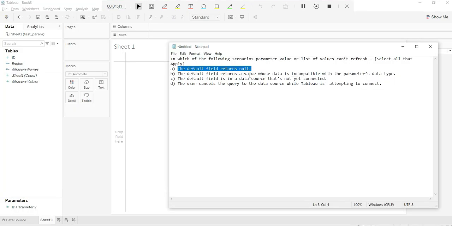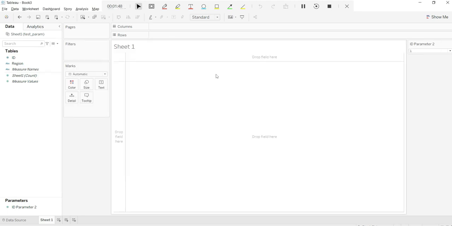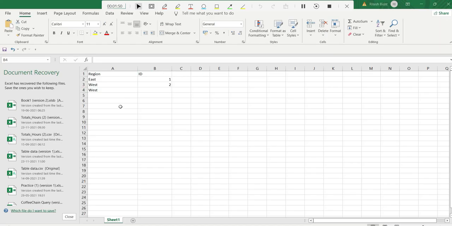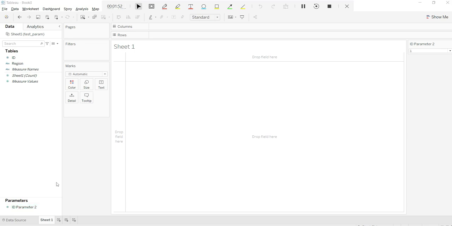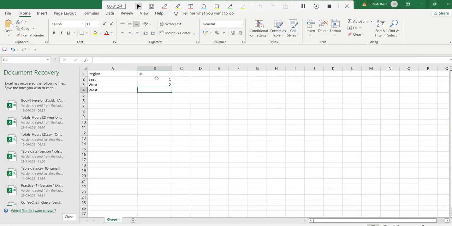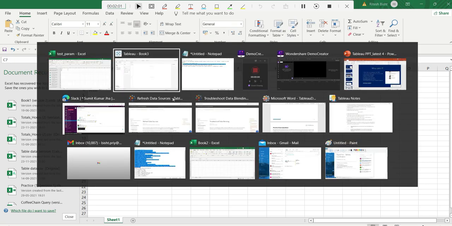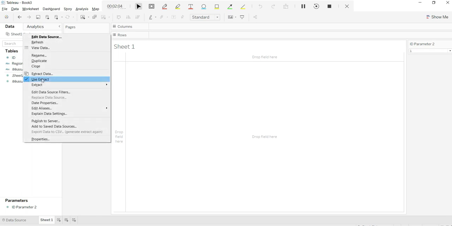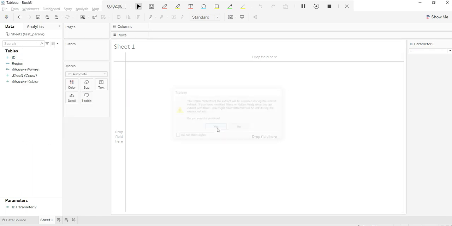The default field returns a value whose data is incompatible with the parameter's data type. So that means if your parameter is of type number over there, and I turn it to, say, ABC and refresh it, it will not give you the value.